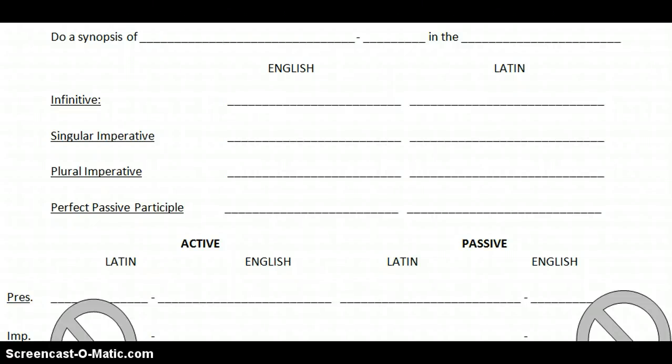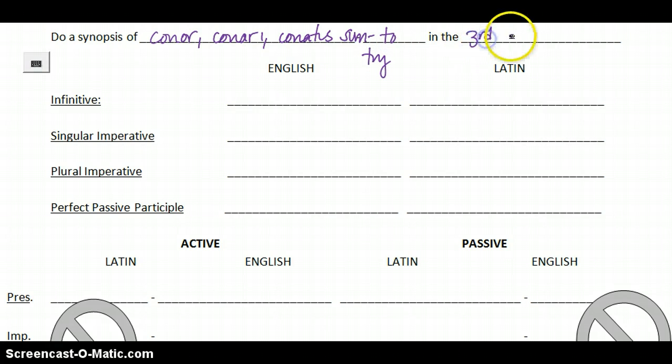I'm going to model how to complete a verb synopsis for a deponent verb. Many of you chose the word conor, conari, conatus sum, which means to try. So I'll use that one, and I'll do the third person singular